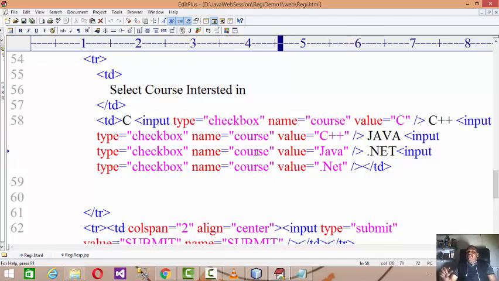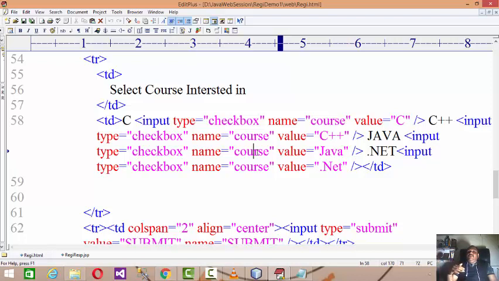But what is the difference between radio button and checkbox? Radio button and checkbox both belong to the same group, but in a radio button only one value is going to be posted, and in the case of checkboxes multiple values can be selected. In a radio button, any one has to be compulsorily selected.